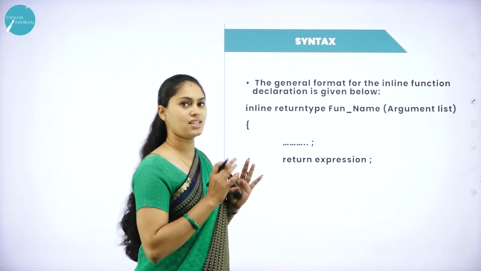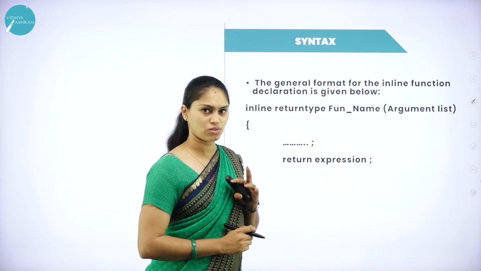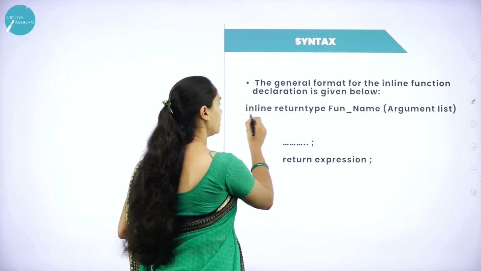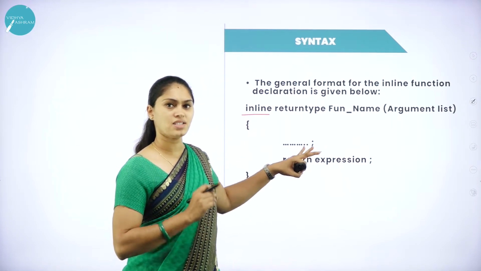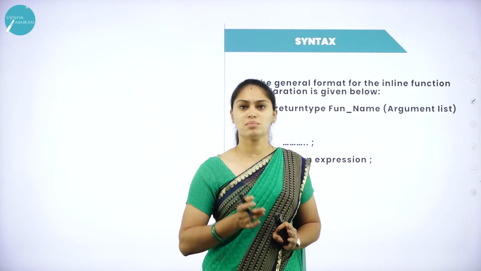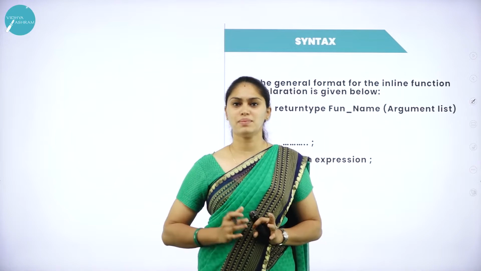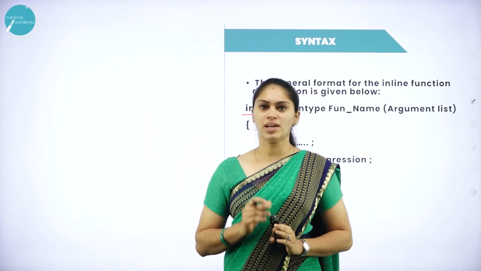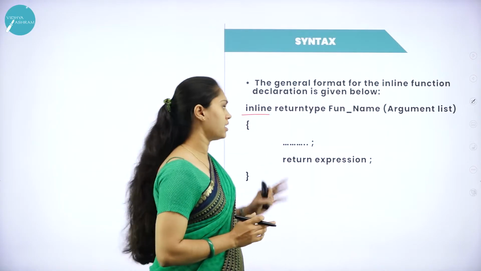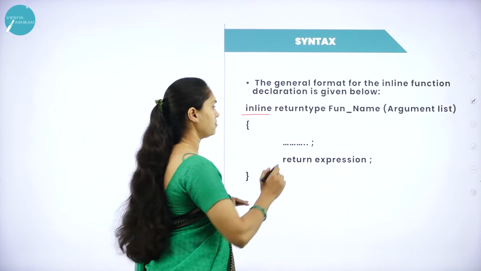After that, we'll see the syntax for using this inline function in our program. As I told you, to define an inline function, it must be preceded by the inline keyword. Otherwise, we use the same syntax as the function declaration and definition. How do I do the function definition? I need the data type and the function name. Then there may be an argument list based on the requirement of the program, otherwise we can leave it empty if it is not required. So inline is a keyword that specifies we are using an inline function.